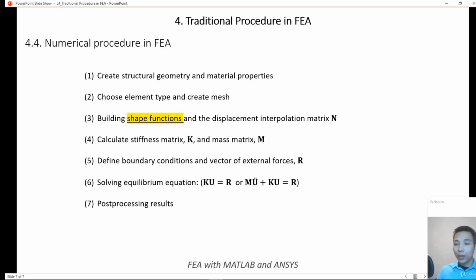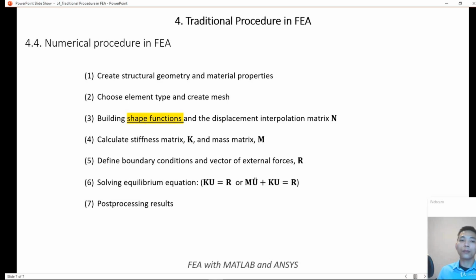So first, we need to create the geometry. For the structure, we should know the dimension of the structure and then create geometry and material properties. And then, based on your problem, if you want to simplify it as a one-dimensional structure, you need to choose a one-dimensional element. If you want to investigate it in 2D or 3D, you need to choose a suitable element type and